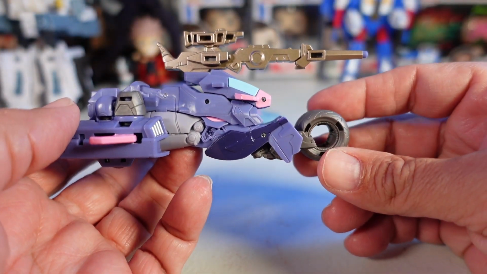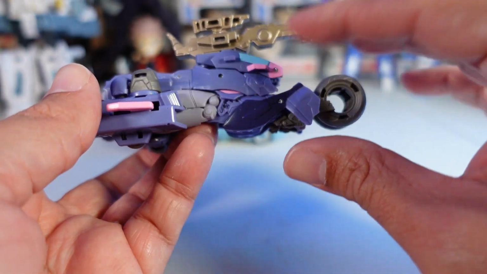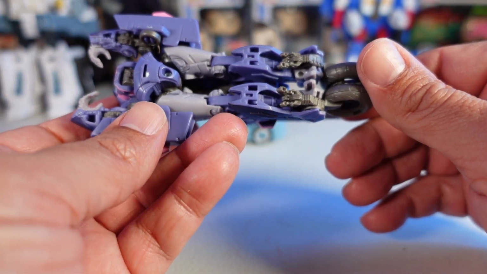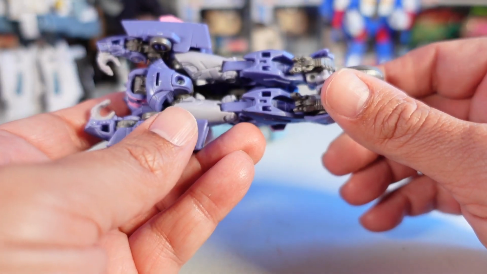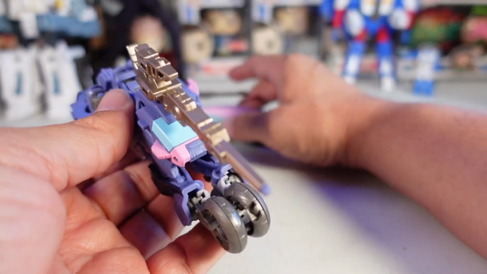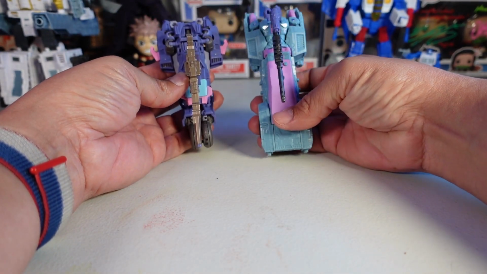I think it just looks great with the pink, the light blue, the purple, the dark purples, the gradients there. I like this vehicle mode. And there's the bottom. You can kind of see the robot. It's basically a robot folded in half. But together, my favorite of the two would have to be...